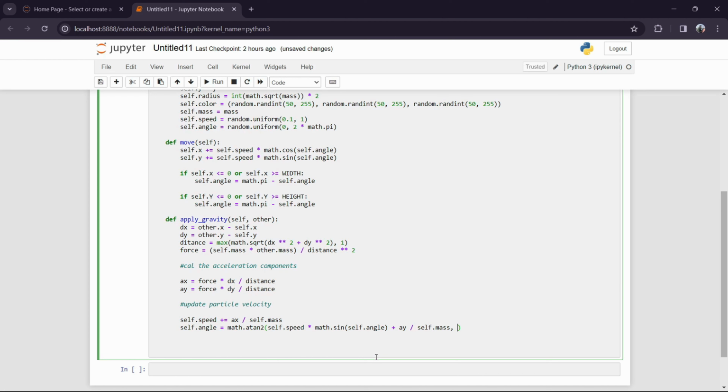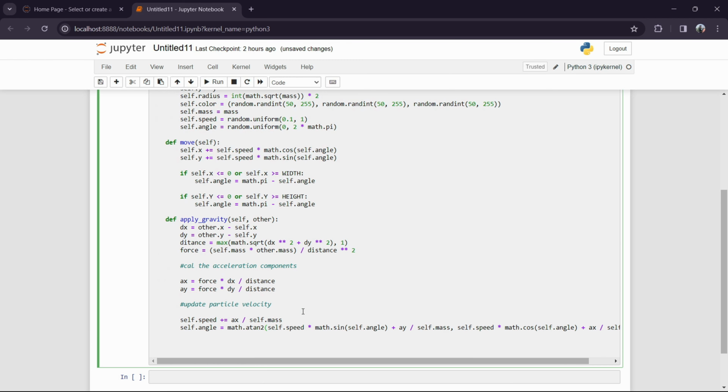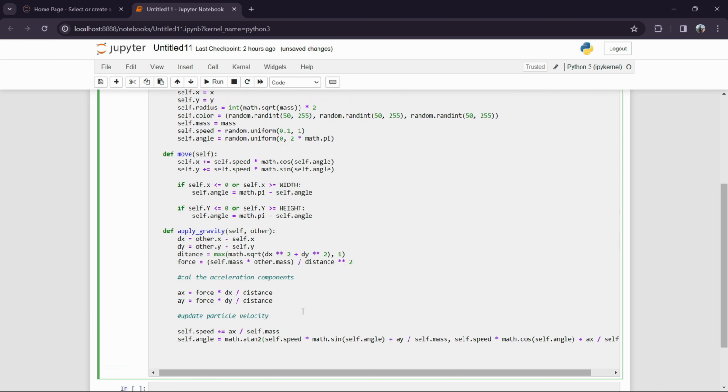Now you have to be serious while you are typing this because there can be several mistakes. Okay, now it will be self.speed * math.cos(self.angle) + ax / self.mass. Now after doing this, what we have to do, we have to simply click on this run button